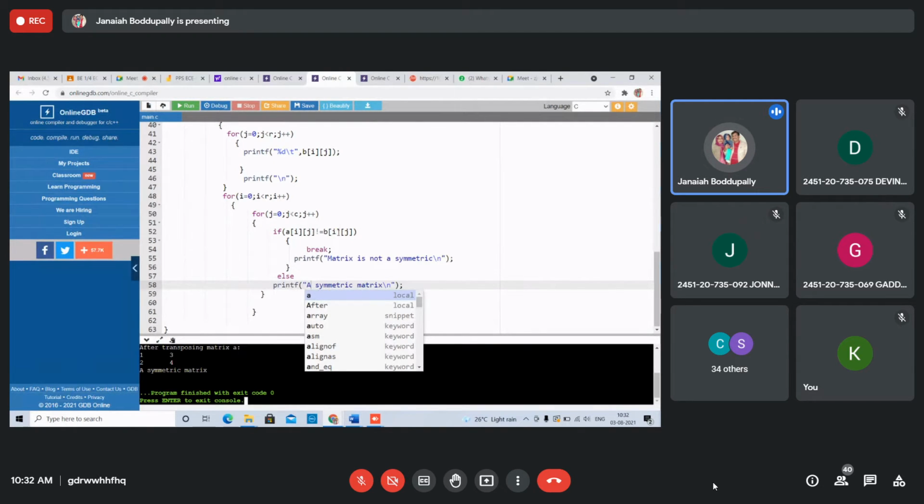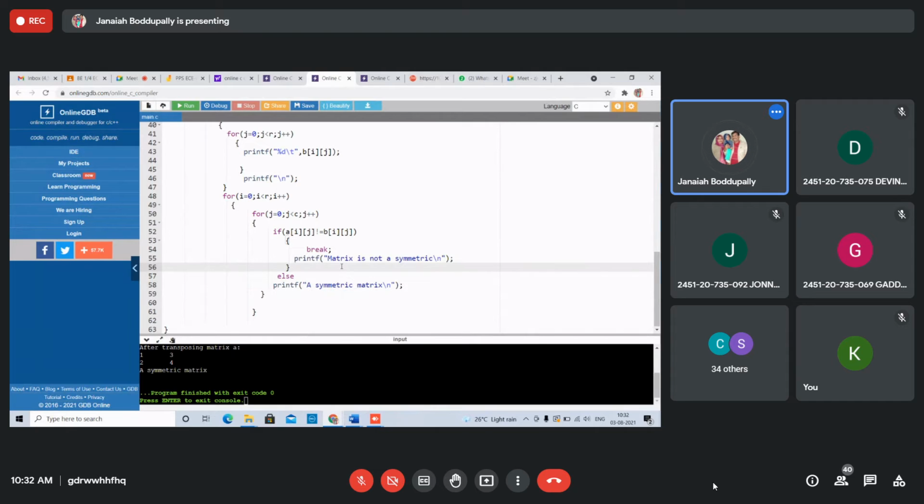Whenever both are not equal, I'm getting wrong output. I will see the program, one second, students. Okay, this is the small modification we needed. Right?